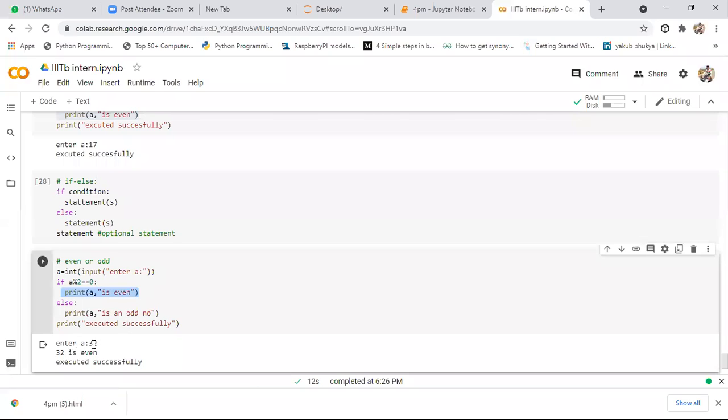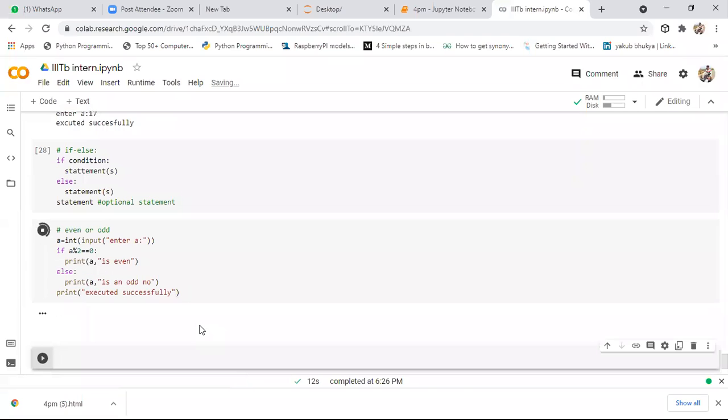This condition is satisfied, so we are getting this as the output. If we execute this again and give an odd number, like 59, it gives the output 59 is an odd number.